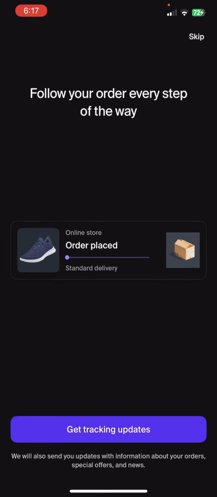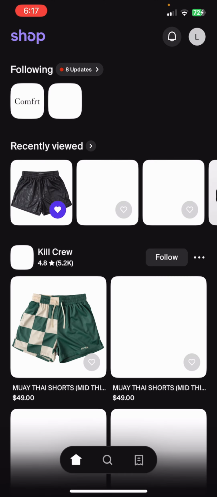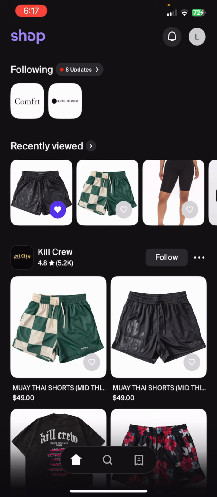So let me skip this one and this one as well, skip, and now you can see I have logged into Shoppay app successfully. So basically this is how you can log into Shoppay app,